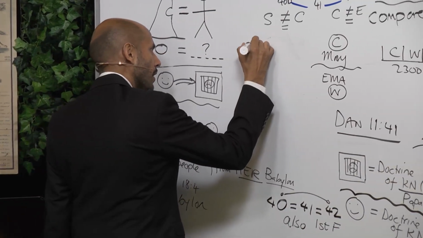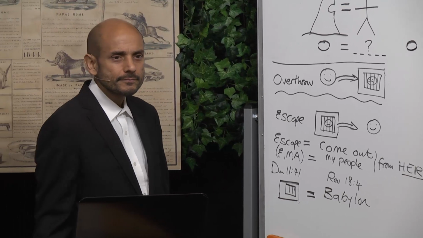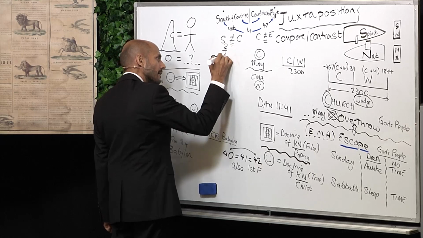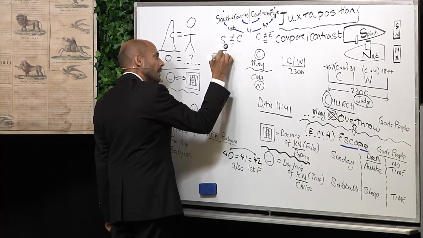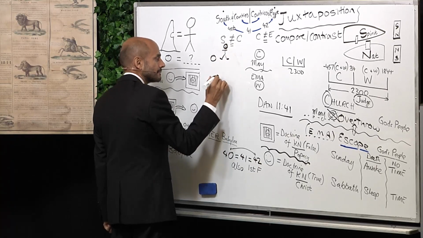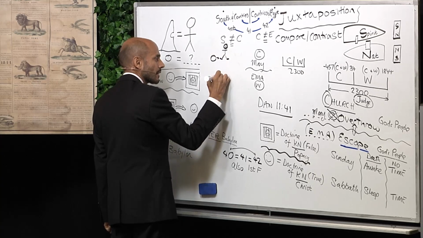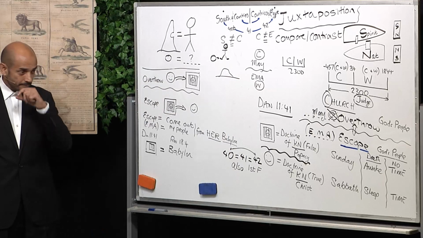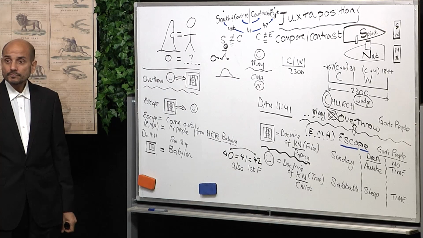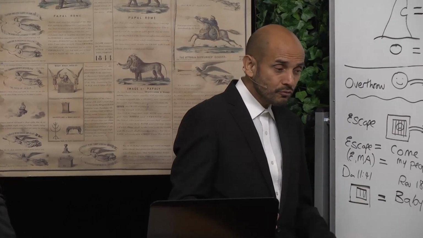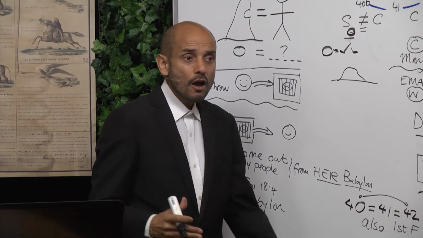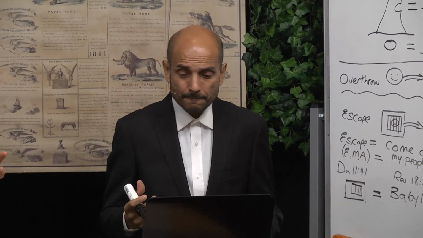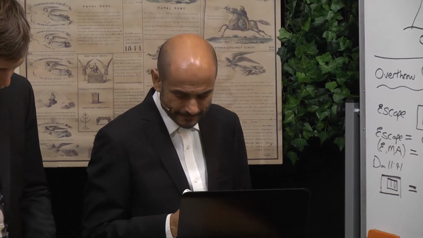This stone, what's its job function? So there's a statue here, and it's going to hit this statue in the feet and destroy it. So the statue is just going to be rubble. So it just collapses into a pile of rubble. But then the image changes. Here in verse 35,